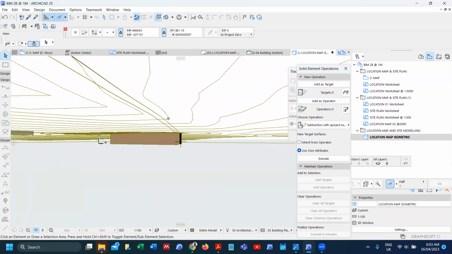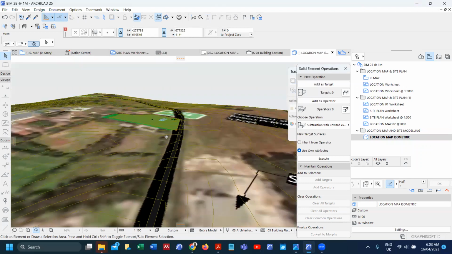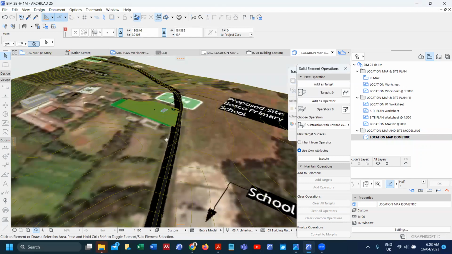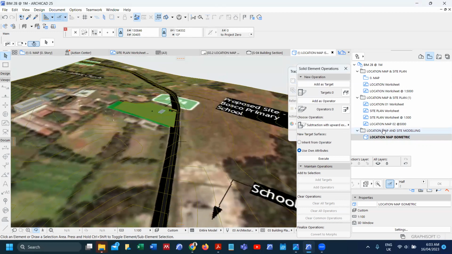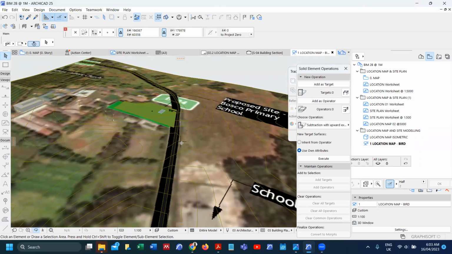As you can see, we are down, so we just need to move up, okay? Do you want a bird's eye view? Maybe. I'll be interested in a bird's eye view, that one. So I'll come and say location map. Bird's eye view, so that I'm able to see the whole site in the context of that, okay? What I'm trying to show is that with one model, you can create very many views, and along